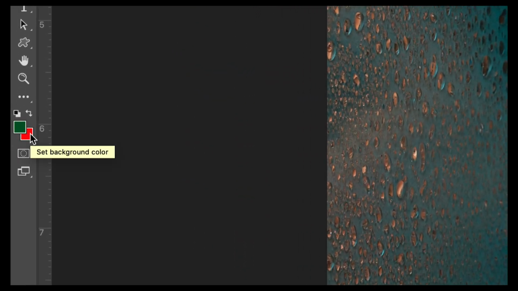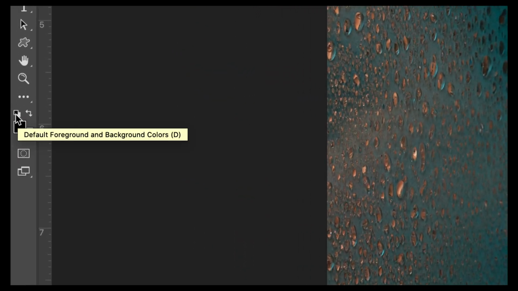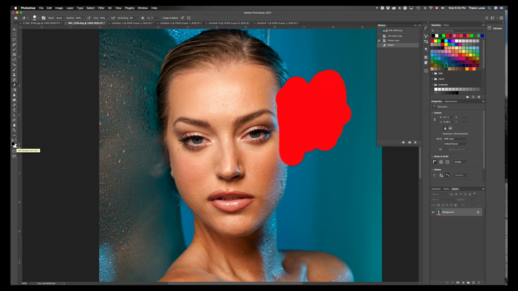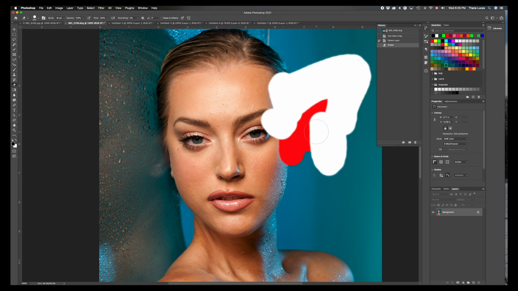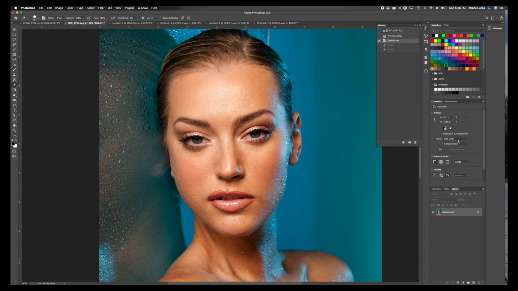red. If I hit D on my keyboard, or hit this button here, the default color button, and you can see it says D at the end. This button here and X switches. And so if I have white, this is my foreground color, this is my background color. And so if I have white as my background color and I erase to that, it's not really what I want to do, so I'm just going to step back. And what I want to